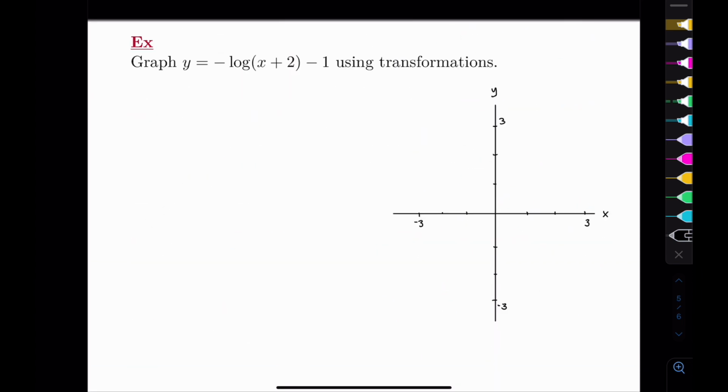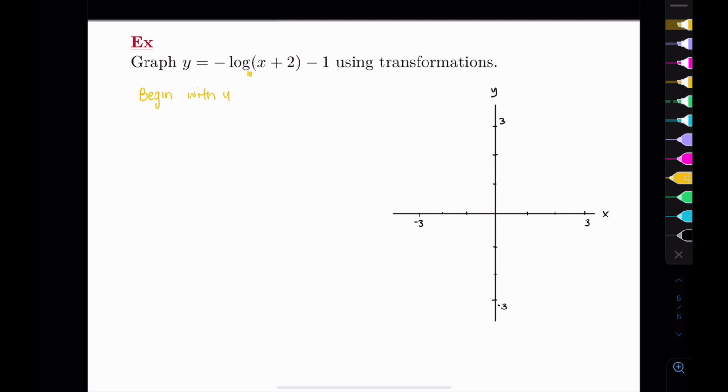So let's just do one last example. We're going to go ahead and get more practice again with our transformations. So we want to graph this using transformations. And so our starting graph, we just have log, means it's log base 10. So we're going to begin